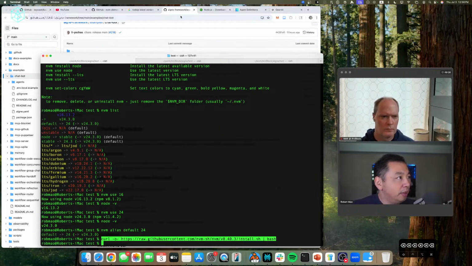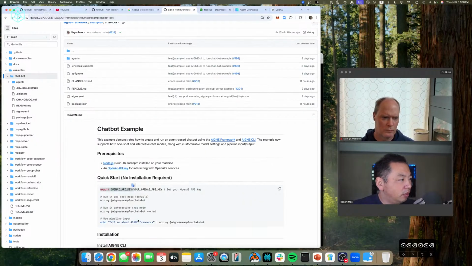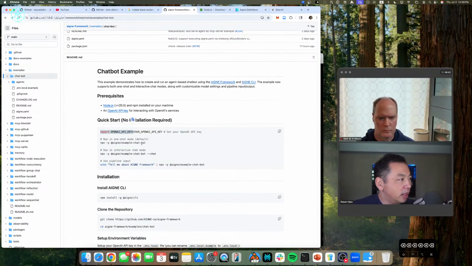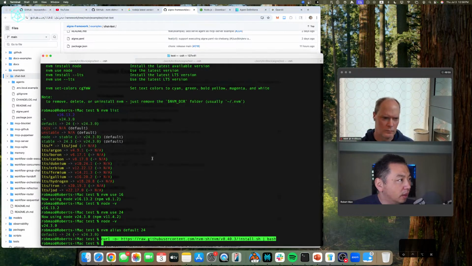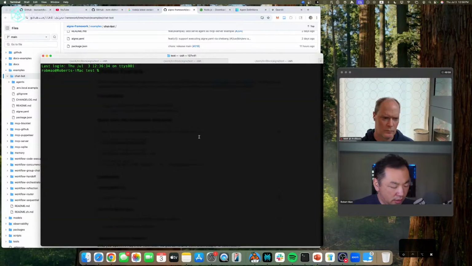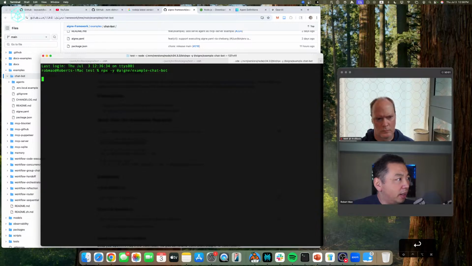So let me see if I can actually reproduce this error, right? The first thing you need is to have this API key installed, and the second thing is you can copy this and run it, right? For this line, I use a new terminal that probably doesn't have the API key set up.